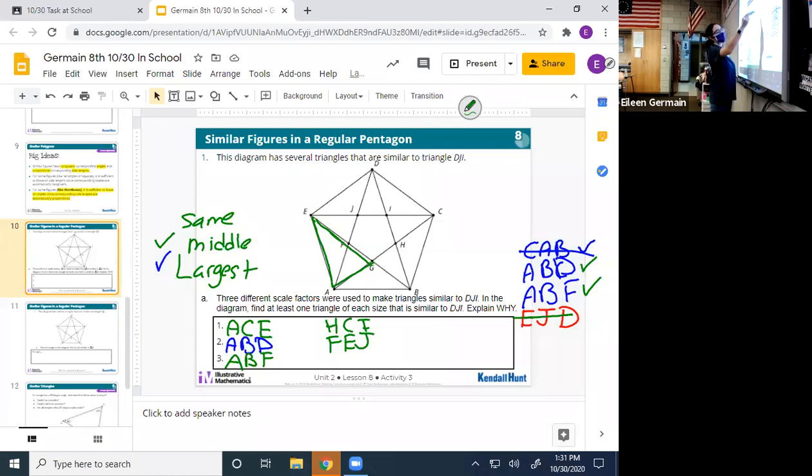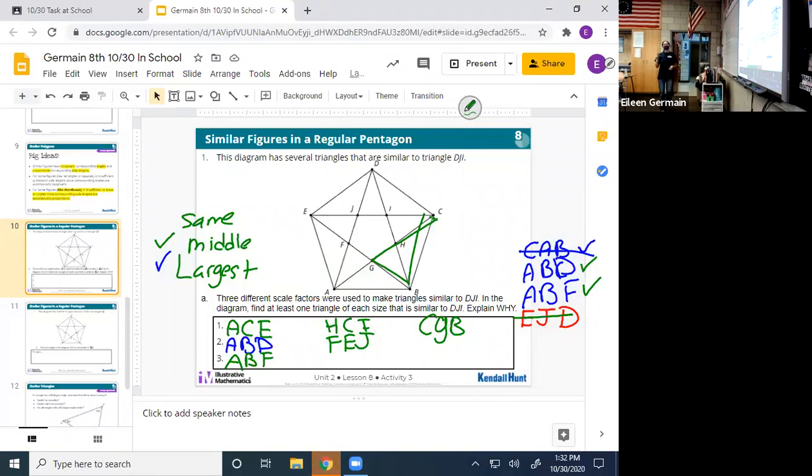But it wouldn't be H. It would be HDC, she said. Oh, yeah, HDC. Very good. I'm dyslexic right now. Good. Perfect. Kaylee's going to give us one. What do you think, Kaylee? CGB. Let's look. CGB. CGB. Yes, dude. Perfect. Sawyer, did you have another one that wasn't listed here?